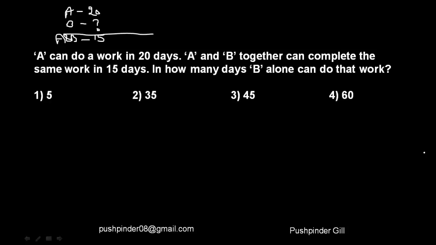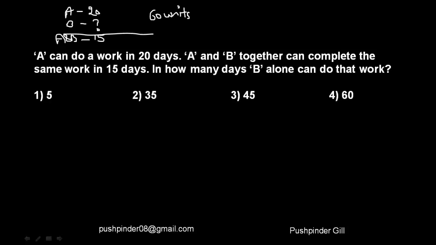So what is the first step? The first step is to assume the work to be of some units. So what are the numbers here? 20 and 15. So the best number would be the LCM, the least common multiple of 20 and 15. So let me go ahead and assume the work to be of 60 units. So I have assumed the work to be of 60 units. For the sake of simpleness, you can always assume it to be 60 burgers or 60 kilometers or something like